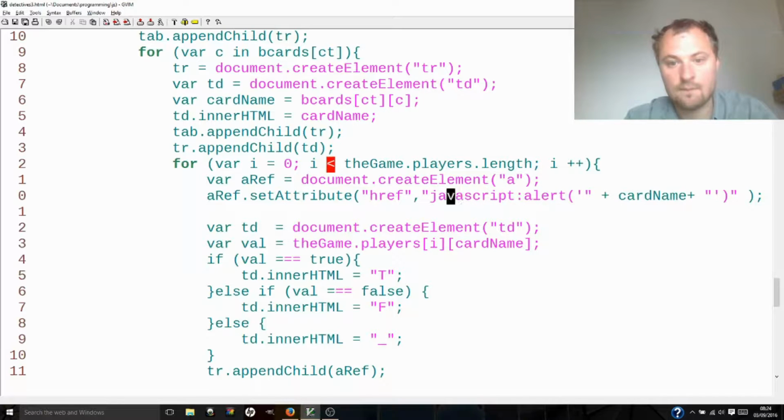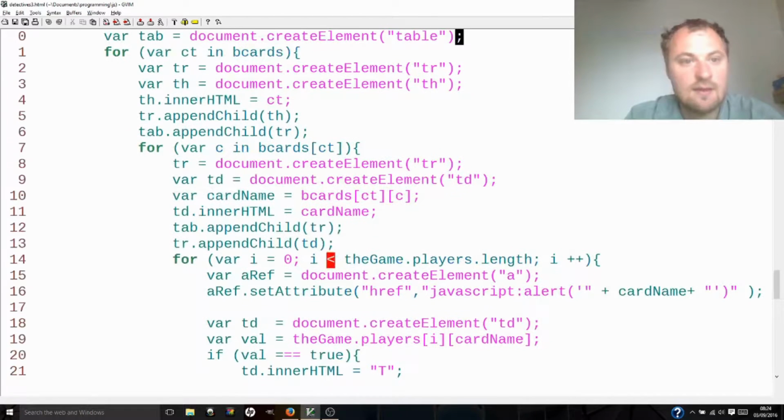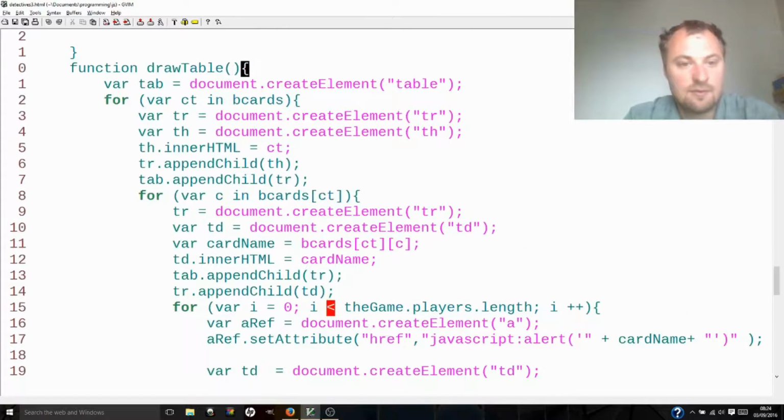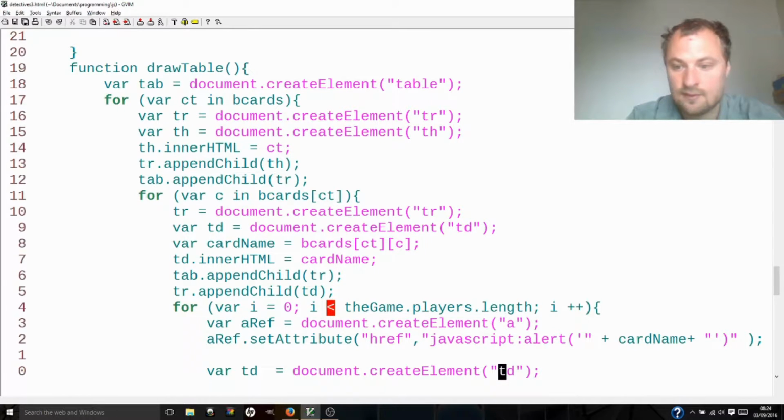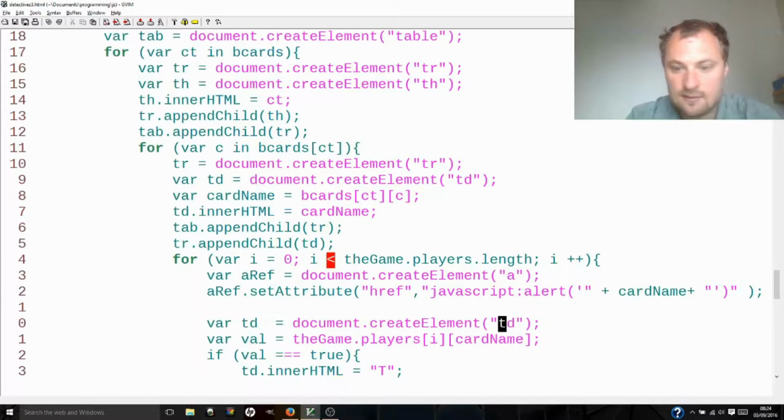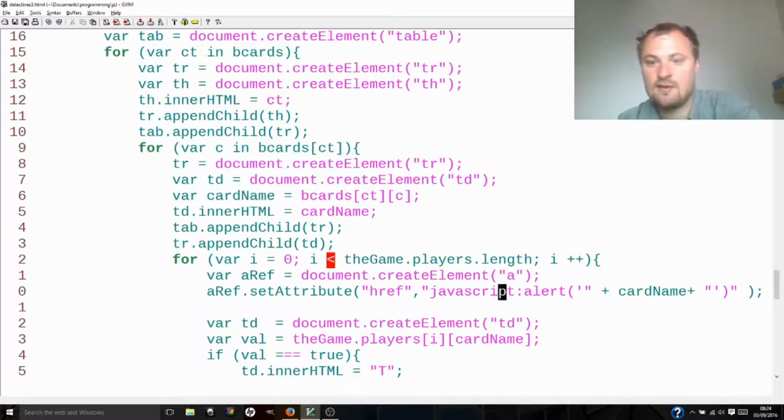So from the start, we have an array. We're already calculating. So this is left over from last week when we started this. We've now created all of this table and thrown it together with some hideous looping. And our card name. And the other thing we need to know is which player it is. Now I'm pretty sure we're just going through var i equals 0, i is less than the game.players.length. So our i here